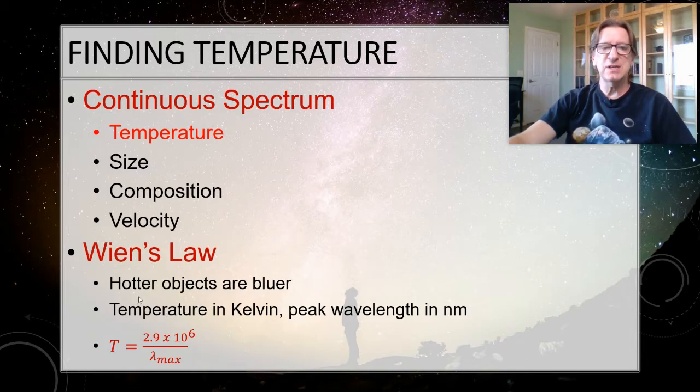So the tool for this time then is Wien's law. Hotter objects are bluer, that's what it means in words. This is the tool in math. And remember that the temperature has to be in Kelvin and the peak wavelength has to be in lambda max. Now remember, just as a reminder, when you're in the lab, you're going to see this whole number spelled out with all of its significant digits, all the way down to like 0.5 or something like that. I want you to confirm for yourself that that number is actually 2.9 times 10 to the 6th, okay?